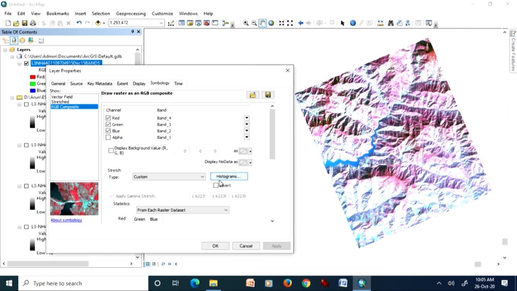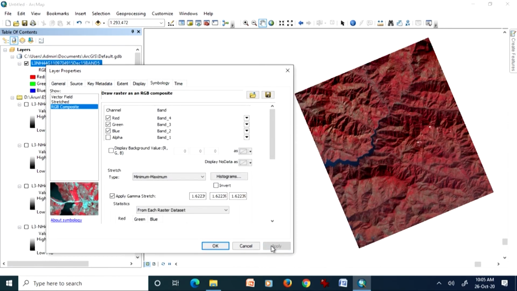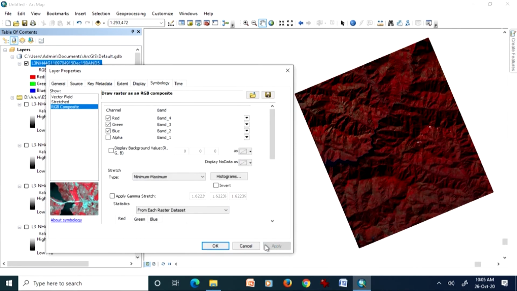So the minimum and maximum of each band would be stretched to full scale, that is 0 to 255, because each image here is an 8-bit image, so the values can vary between 0 and 255, a total of 256. If I apply minimum-maximum, then this is what I get. Minimum-maximum again is not good.